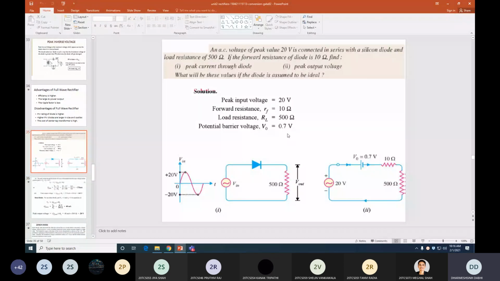So here we complete this topic, full wave and half wave rectifier. Next lecture we start the new topic. And today in the lab session, we are conducting the practical of Zener diode, experiment number 6, which was left pending. Clear? So we will meet for the practical session at 1:30.